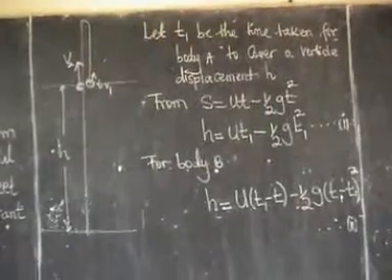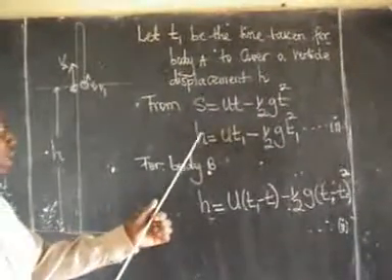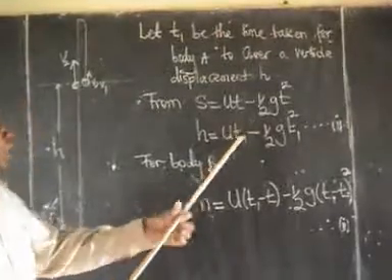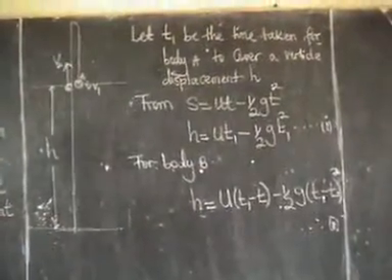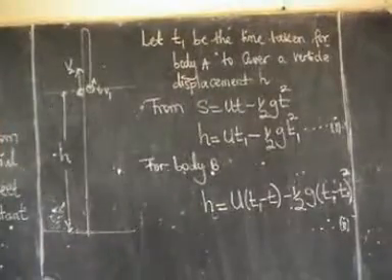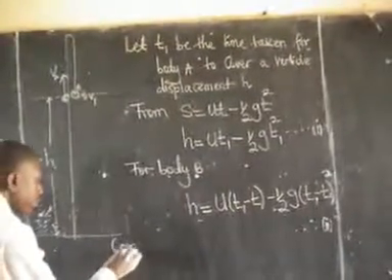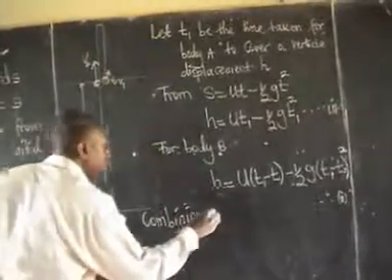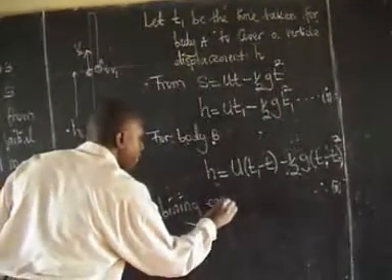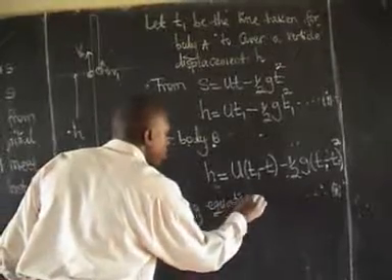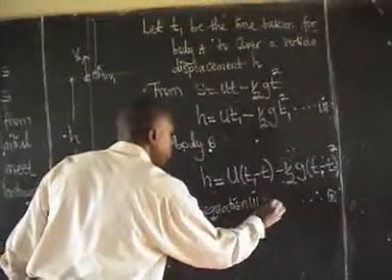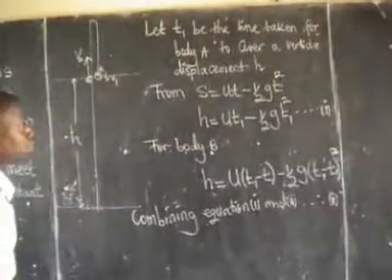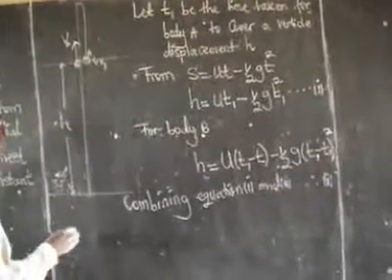We are now going to play around with those two equations to see that we eliminate what we assumed. So we are going to eliminate the h, and then we make t1 the subject. So combining equation 1 and 2, I'm going to equate the 2. So we shall have